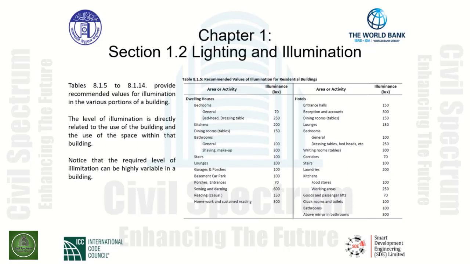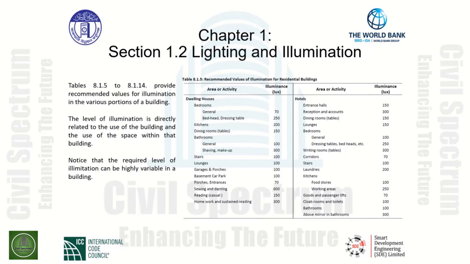As you can see, the illuminance levels go up for this task type work in our hotels. We have writing rooms, tables at 300, and going further down, above mirror in bathrooms also has a minimum illuminance